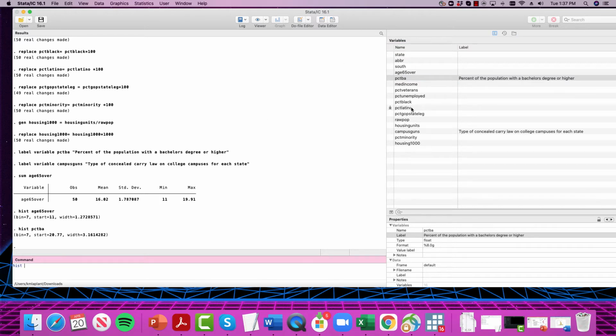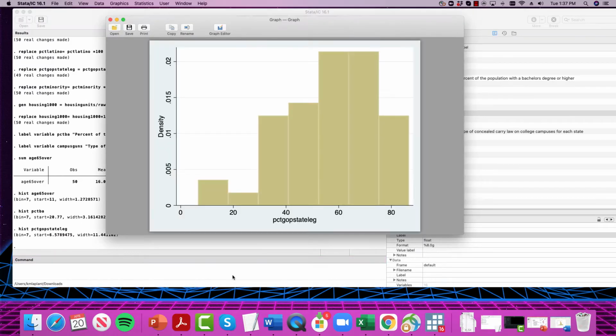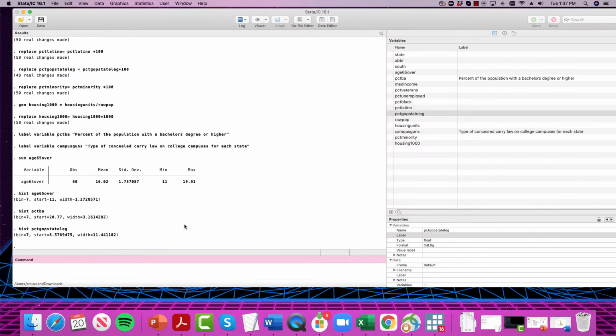Let's do one more. Percent of the state legislature controlled by the Republican Party. Yeah, I mean, again, we see a little bit of skewness, right? We've got a tail that goes more to the left than it does to the right, but still pretty incredible, the power of the normal distribution. Okay, so the next command that I really want to talk about is